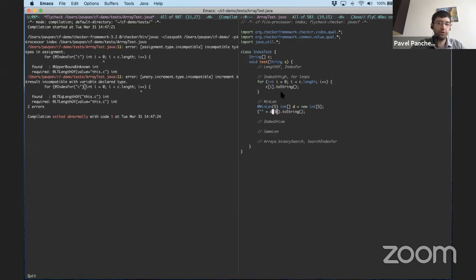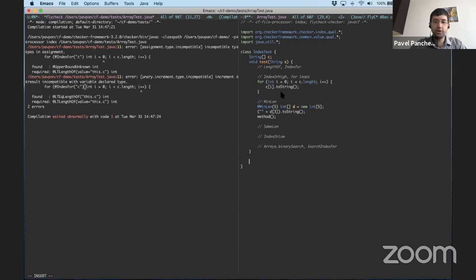So what the checker framework is doing here internally is tracking these minlen annotations when possible on all the arrays that it has access to. And that allows it to check that certain annotations are valid. Similarly, let's move to another method.